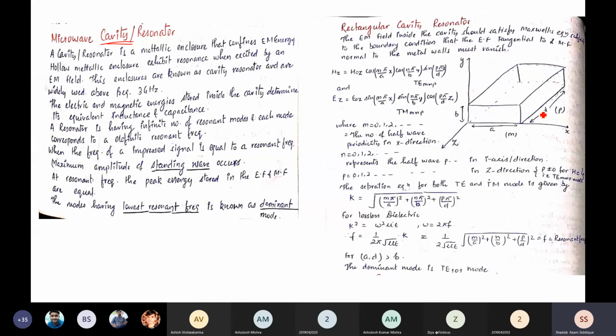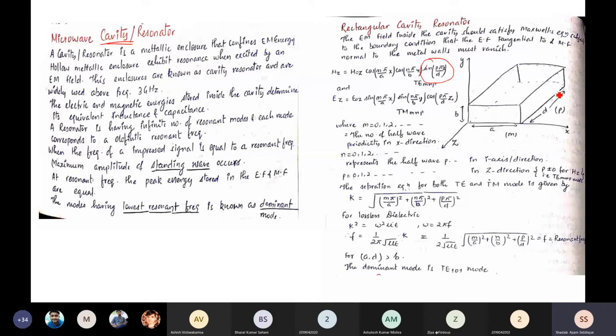So the wave which we have seen in the rectangular waveguide was e to the power minus j beta g into z, where beta g is the propagation constant. We don't have a sine or cosine function along z there. Here the z direction is confined, so that will be in sinusoidal or cosinusoidal form. So cavity